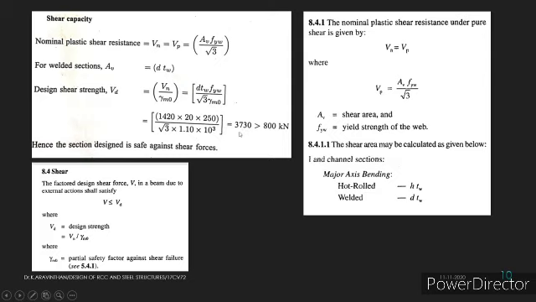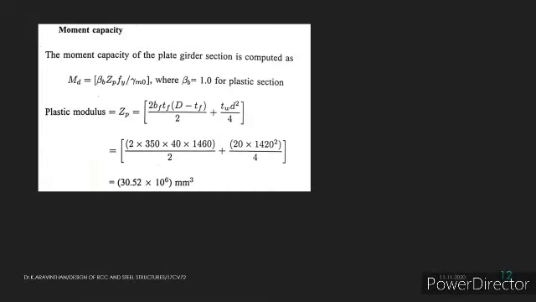of the member. So we know that the shear due to the load, earlier you can go through that, the shear due to the load is 800 kilonewton. Now our section is having a capacity of 3730 kilonewton. It is far greater than the shear force, hence our section is safe against the shear force. The code gives the suggestion of checking the shear force and the design shear carrying capacity of the section is satisfied here. Right now let us check the moment carrying capacity of the section.